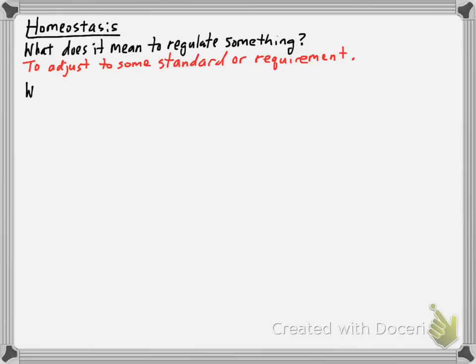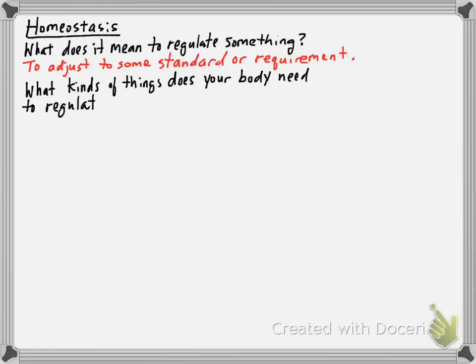If you're thinking about that, then you can think about what kinds of things your body needs to regulate. There's all kinds of stuff we've been talking about in class. We're going to list some more later, but I think you can come up with a couple. I could do my Dora the Explorer imitation right now and you can pretend I'm staring at you and come up with some answers. But we're going to do that later, so let's move on to the next thing.